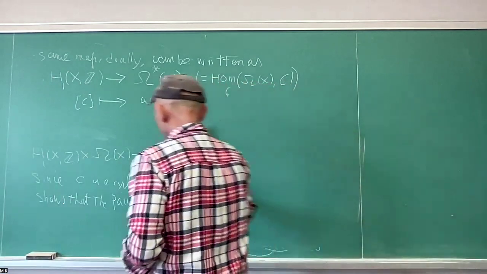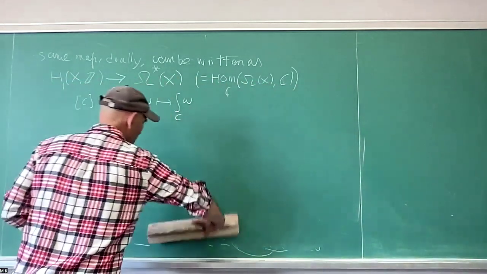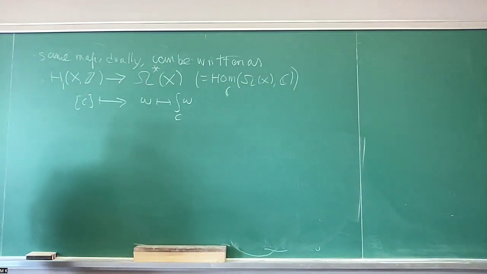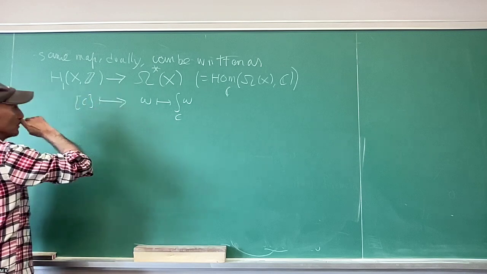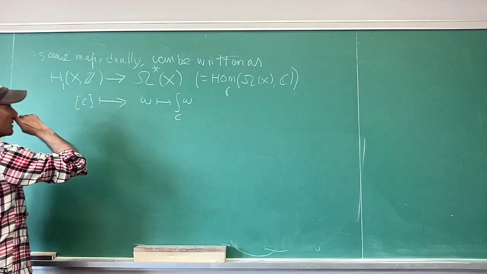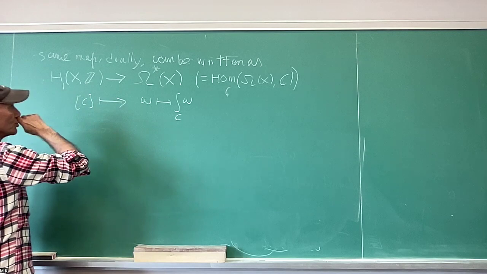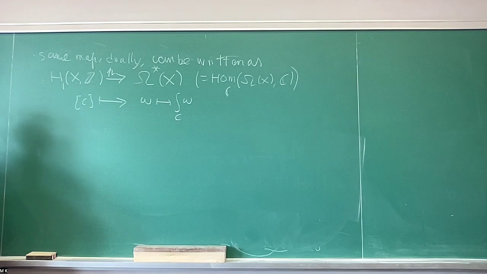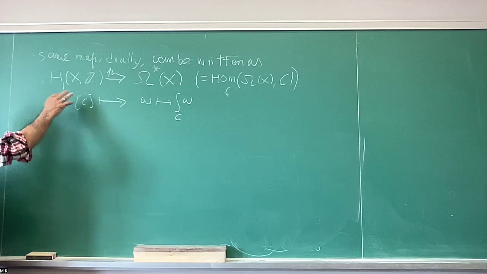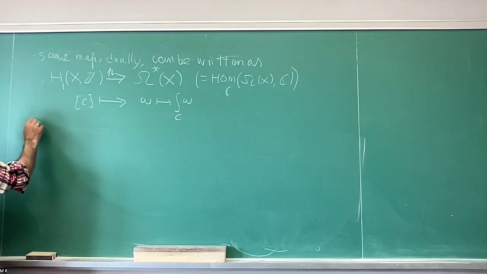Then what we can do, now we can look at the image of this map. Now this map, I don't have a name for it. Actually, I'm not sure I should name it. Maybe I'll call it P, but I just don't want to introduce an unnecessary name. But this is a very bad idea, because nobody uses this P. Okay, so now the question is the image of P